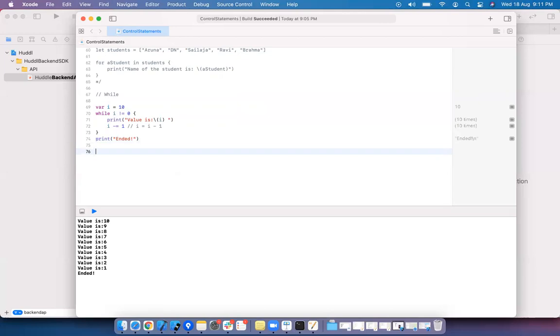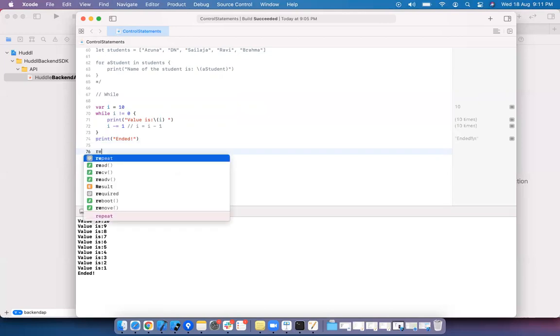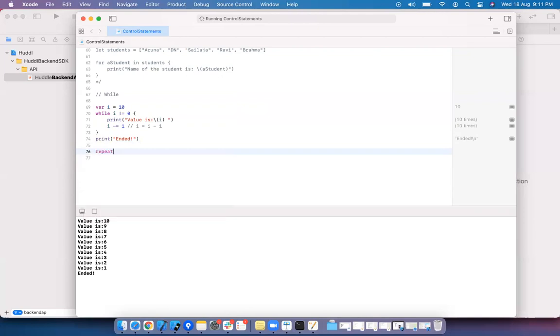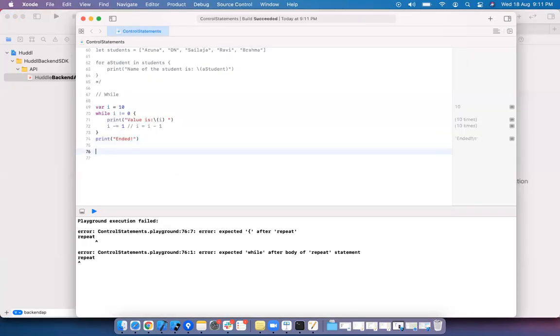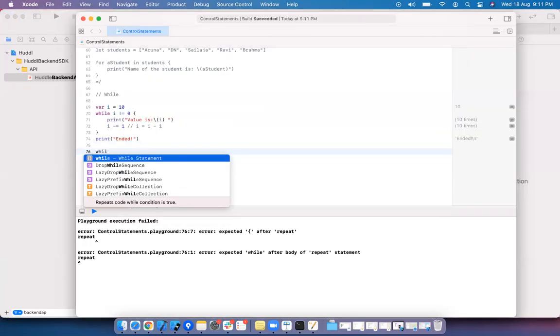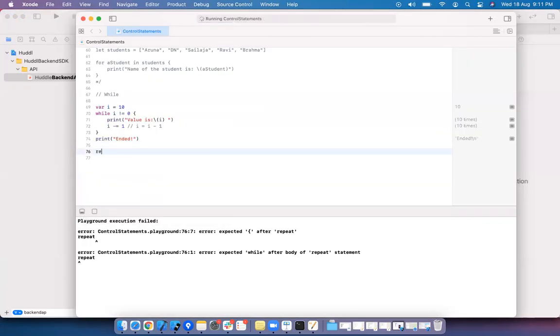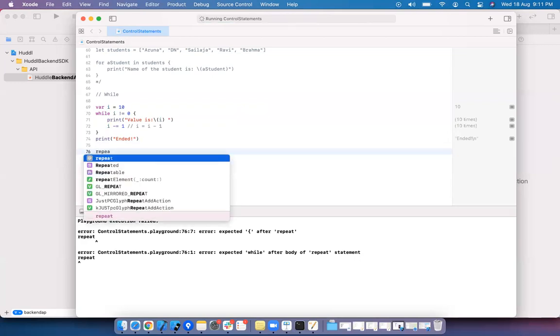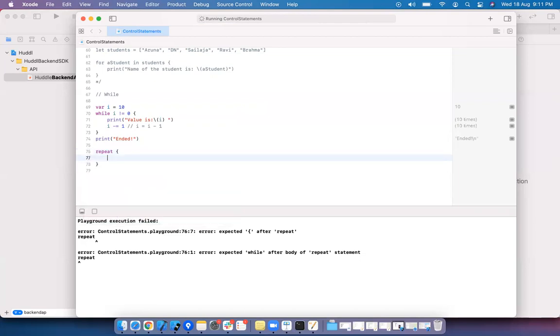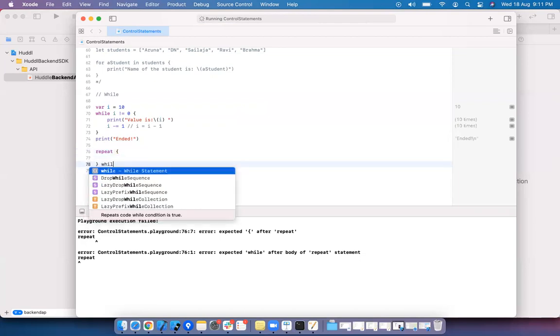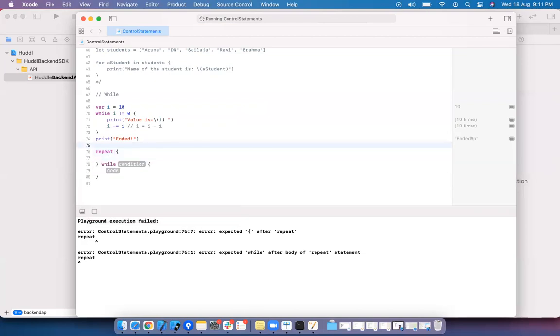And then we have do-while, which is repeat-while. Repeat while, I'm just resetting the value here to 10.